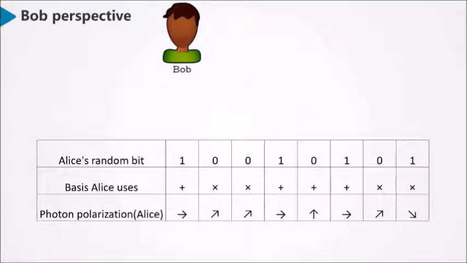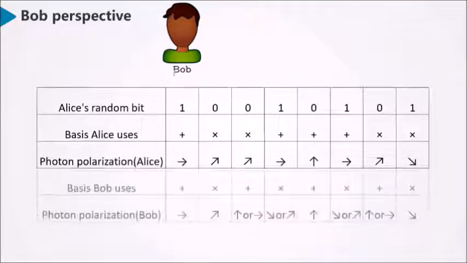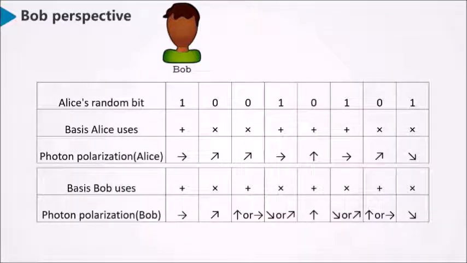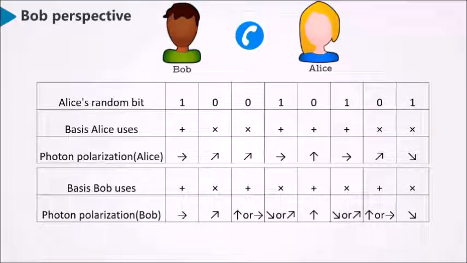From Bob's perspective, as he does not know the basis that each photon was encrypted in, all he can do is select a basis at random to measure each photon, either rectilinear or diagonal. Also, he needs to record the order of his measurement basis and measurement result. After Bob has measured all photons, he